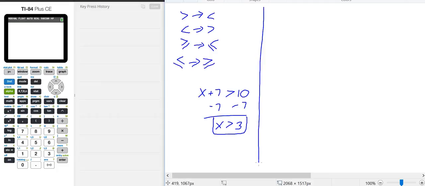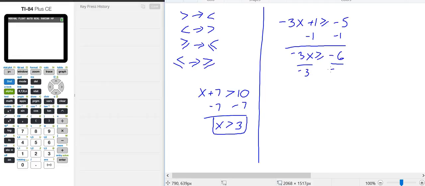Now let's try one where we're going to have to divide by a negative number. Let's say we have negative 3x plus 1 is greater than or equal to negative 5. We're going to solve this for x, so we're going to subtract 1 and subtract 1. Negative 3x is greater than or equal to negative 6. Divide by negative 3 and divide by negative 3. Here we're dividing by a negative number. The negative 3 and negative 3 cancel out. x, we're going to switch this greater than or equal to sign to a less than or equal to sign. So x is less than or equal to negative 6 divided by negative 3, which is 2,